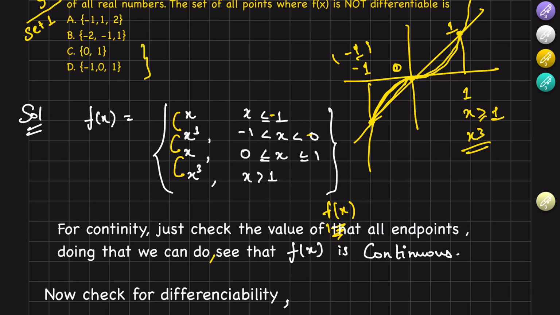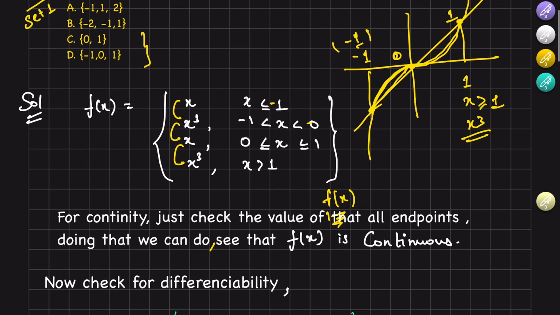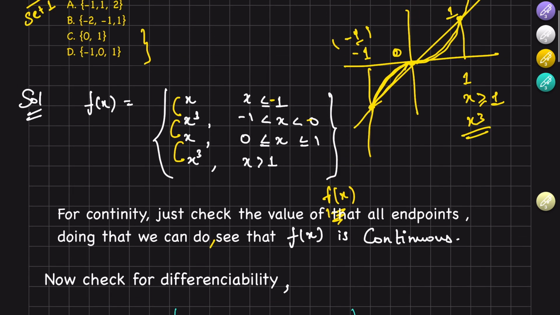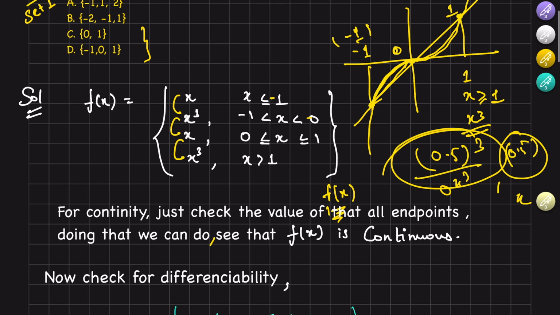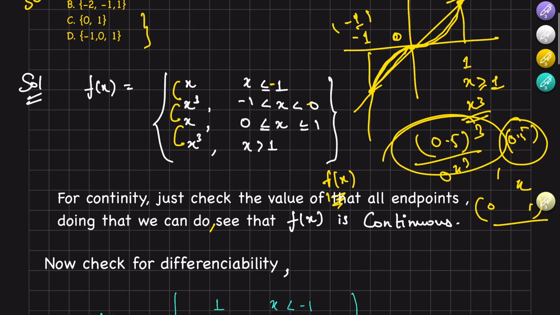Actually, I solved it in the exam by this method only. You can just easily check, right? Take a number less than or equal to 1, for example 0.5. Now 0.5 cube will definitely be less than 0.5. So from 0 to 1, x is bigger and x cube is smaller. You can check by taking any number: from 0 to 1, if you cube or even square any number, it will be lesser than the number itself. So that is why we can do it in that way.